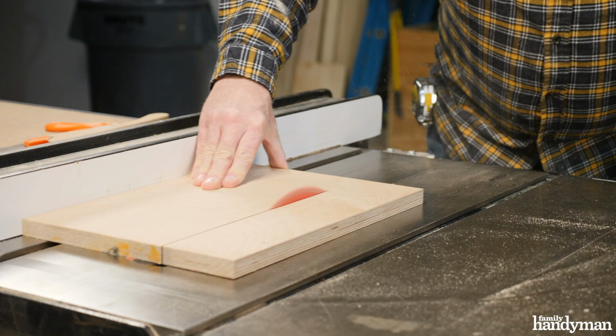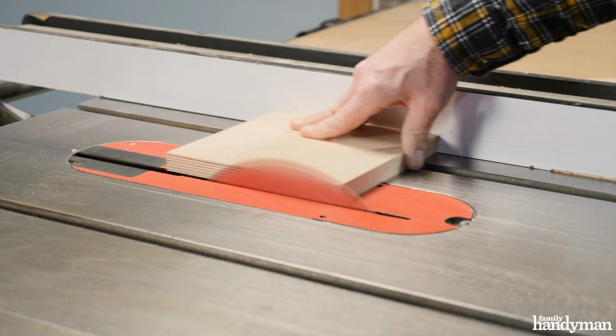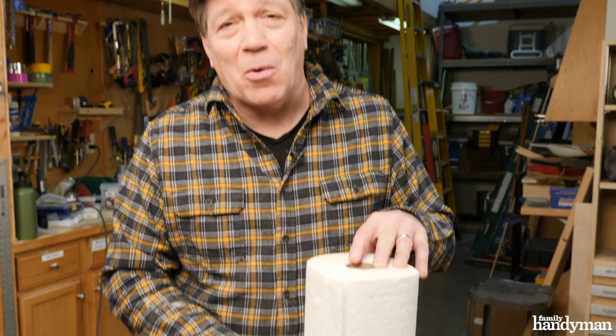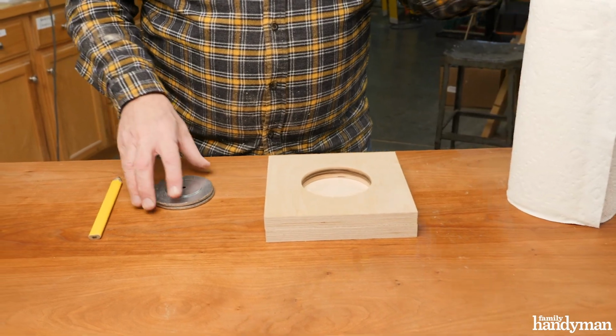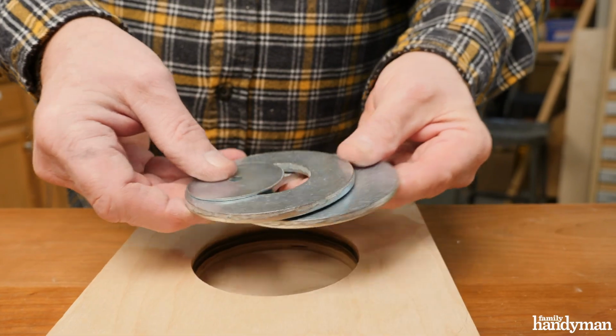We're going to cut two 7 1/4 inch square pieces out of this 3/4 inch Baltic birch plywood. I like this Baltic birch because it's dense and heavy. One of the downsides to a portable paper towel holder is it's not heavy enough. When you pull the paper towel, it tips over. So we're going to weight the base down by creating a hole in one of the pieces and weighting it